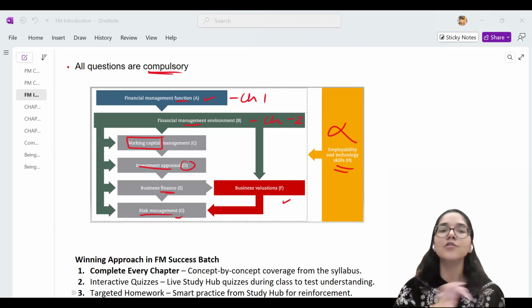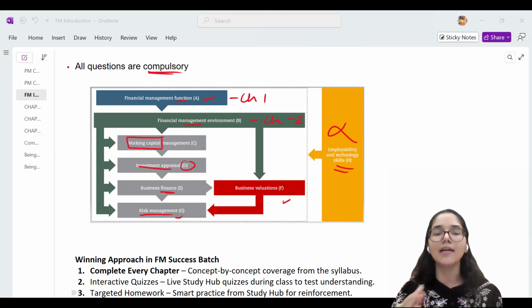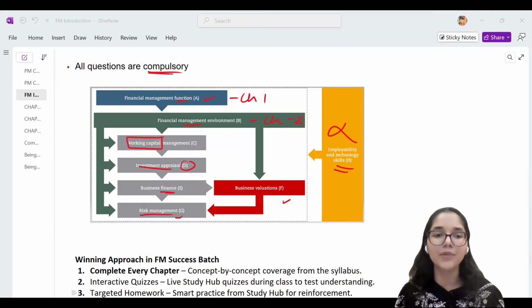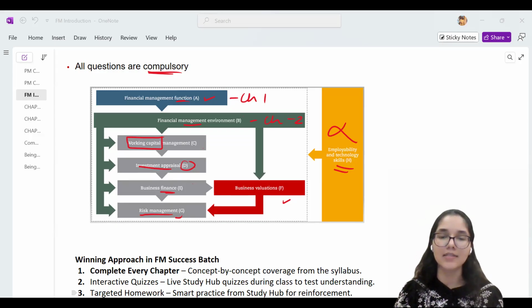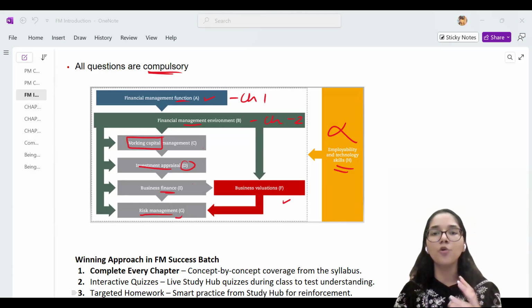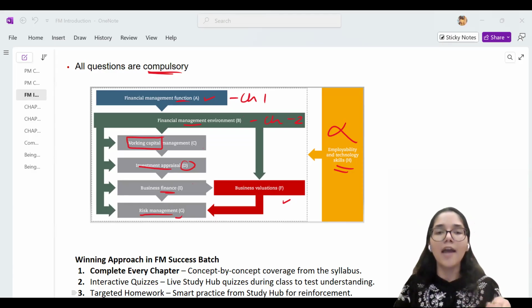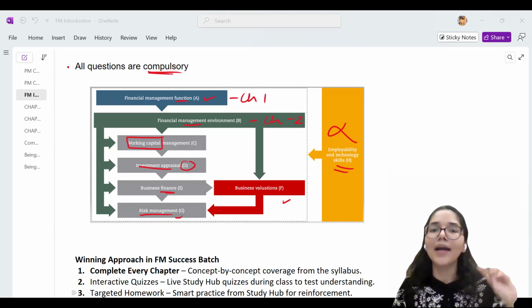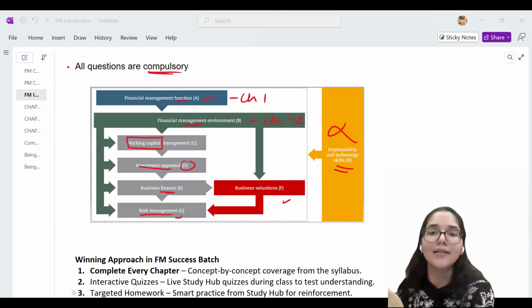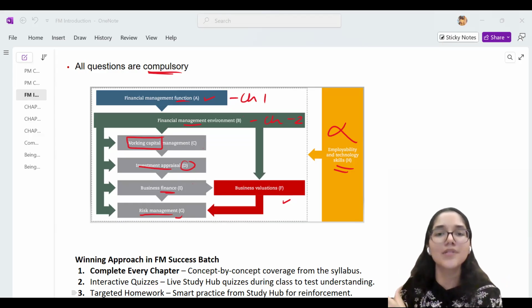So in the context of a business also, we will see that there are multiple things which can go wrong with the business. Particularly in the FM syllabus, we have two sorts of risks which we will learn to mitigate. One is your interest rate risk, another is your foreign currency risk. There are multiple businesses who will be operating throughout the majority of the countries around the world. If I am, let's suppose, setting up a business here in India, maybe I have my suppliers in China, maybe I have my suppliers in UK, maybe I have my customers in the US.